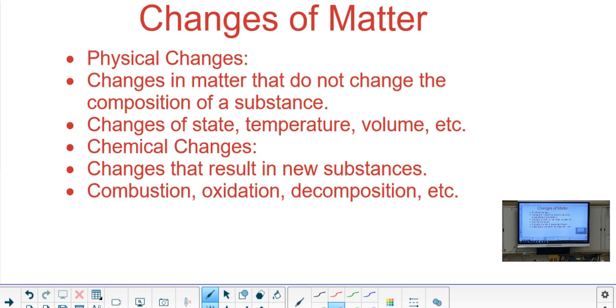Physical changes and chemical changes we sort of already talked about yesterday. Chemical properties and chemical changes are very, very similar, so they're not too hard. Physical changes are changes in matter that happen, but they don't change the substance. So for instance, if I have a yellow piece of paper and I tear it in half, it still has all the properties of the yellow piece of paper. It's just in 2 pieces, right? So I physically changed it, but I didn't chemically change it. The other option would be chemical, if I lit it on fire. Now a chemical change has happened because it's no longer paper.